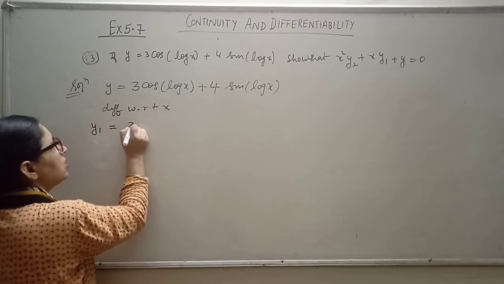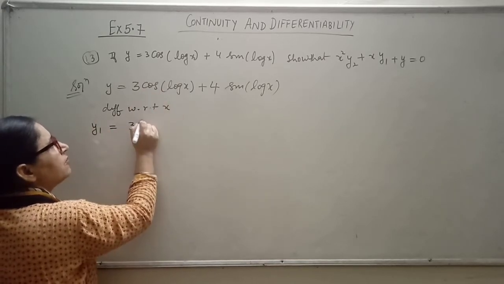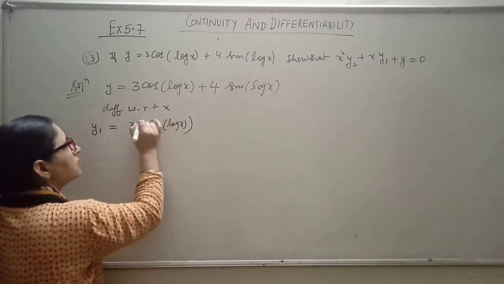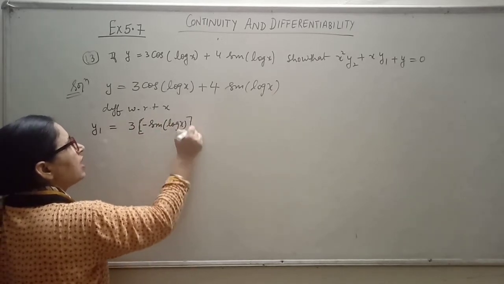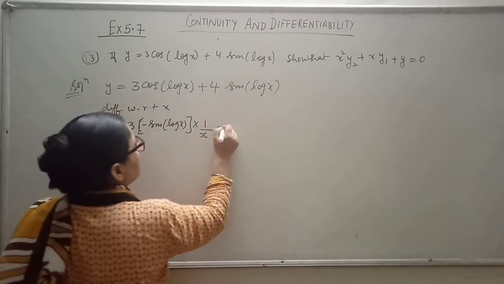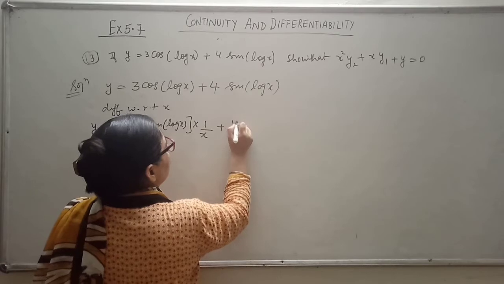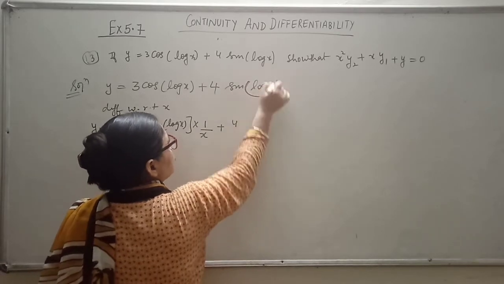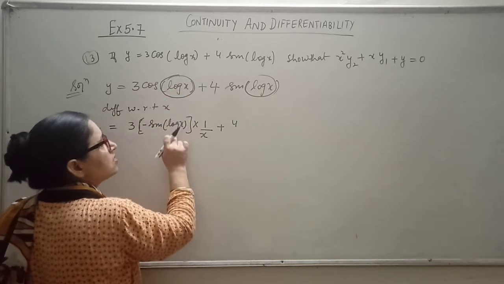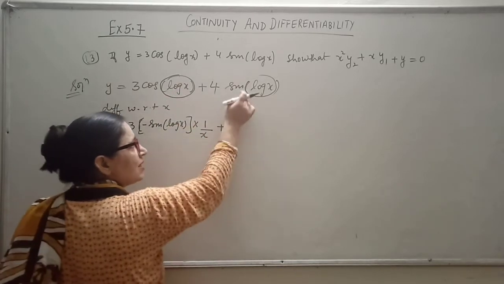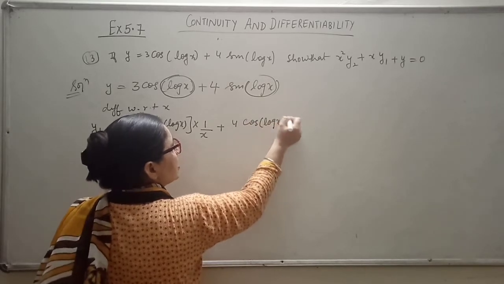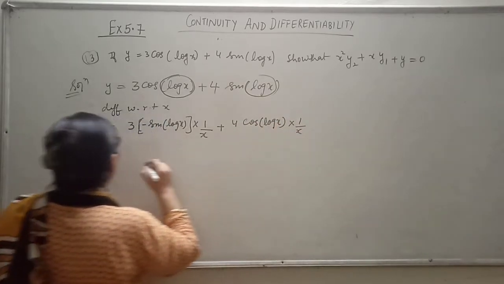So this is 3 cos का डेरिवेटिव minus sin of log x, and what is the derivative of log x? Chain rule के accordingly 1 upon x, plus 4 साइन ऑफ लॉग एक्स. इसको x माना, जैसे यहाँ पर इसको x माना था, तो cos का माइनस साइन दिस इनटू लॉग एक्स का 1 अपॉन x. लाइकवाइज हियर 4 cos ऑफ लॉग एक्स. अब लॉग एक्स का डेरिवेटिव 1 अपॉन x.